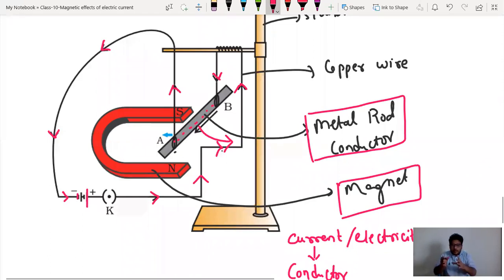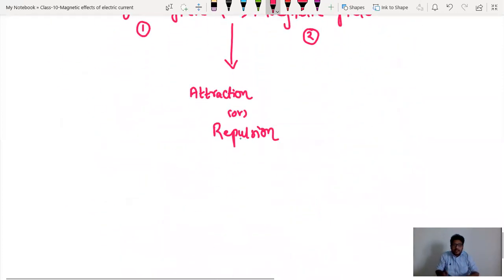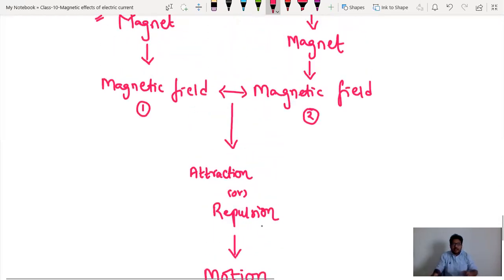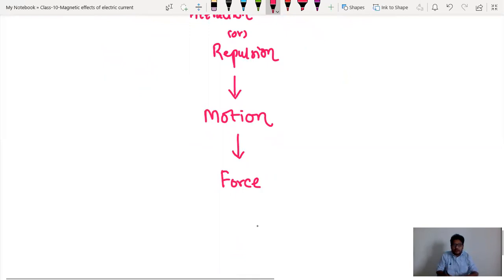So you can see me, right? Now you see this one is a horseshoe magnet. Now you kept an iron rod or some conductor inside this one. Now if you pass current, that may deflect like this. Again, if you switch it off, it comes to the original position. Again, if you switch on, it deflects, and it will come to the original position. So like that, attraction or repulsion is taking place. Attraction or repulsion means definitely there is motion. What is the cause of the motion? Force. So simply to say, when two magnets are kept near each other, force is produced.